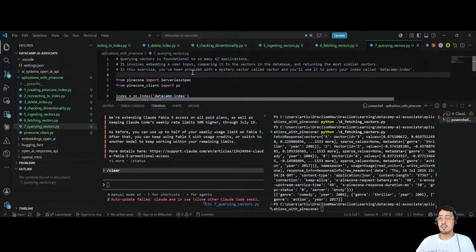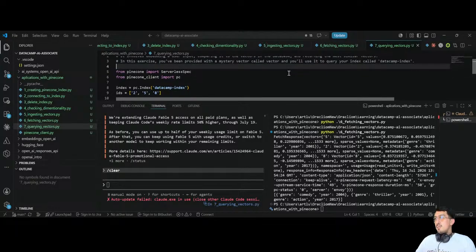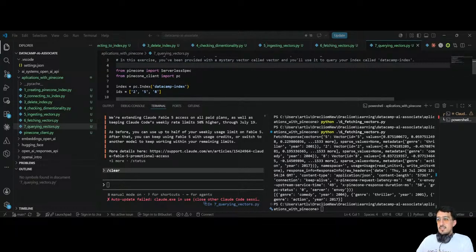Okay, it says querying vectors is foundational to so many applications. It involves embedding a user input and comparing it to the vectors in a database and returning the most similar vectors. With a mystery vector called vector, you will use it to query your index called datacamp index. Okay, so